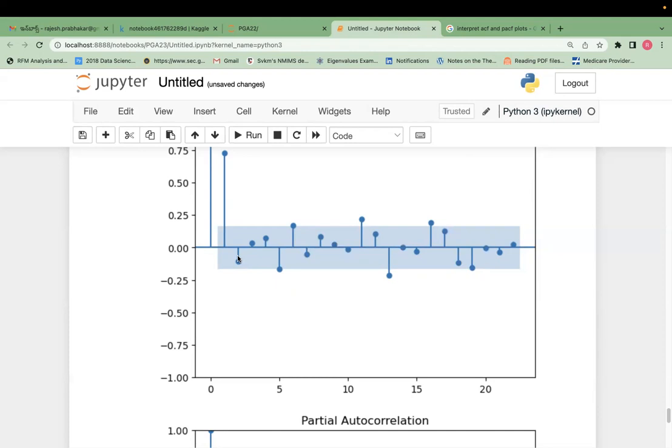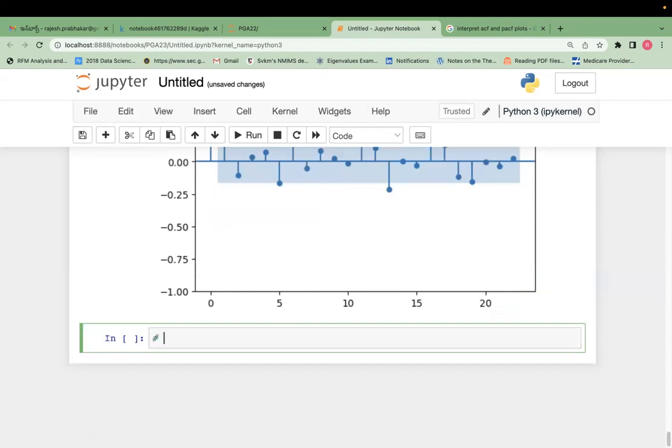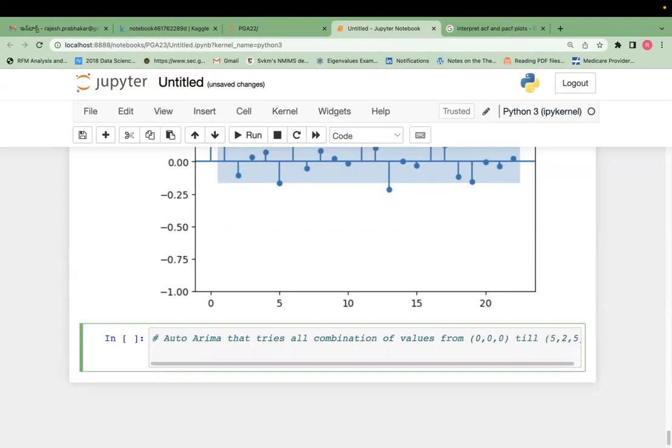So to avoid this problem, we have a function called auto ARIMA that tries all combinations of values from 0, 0, 0 till 5, 2, 5. Auto ARIMA is a function which is developed